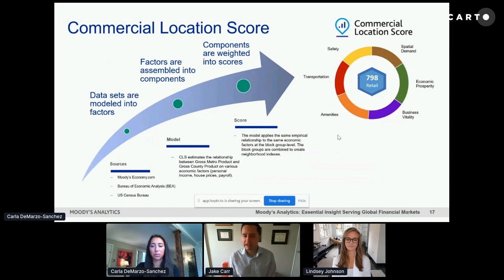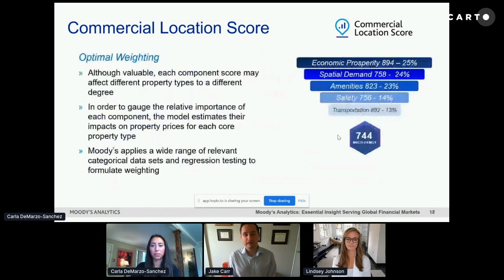And then finally, really quickly moving through this, we bring all of this together on the next slide by combining the information contained in those individual components up into our aggregate or comprehensive commercial location score. And we do that in a way that we think represents an optimal weighting scheme. Really what we're doing here is trying to let the data speak for itself. Because if these components are actually good at explaining differences in quality of location based on the set of characteristics that we're capturing, then they should also be somewhat valuable in explaining local recent market trends in the CRE marketplace. And to test that hypothesis, we run a set of regression tests in which, again,